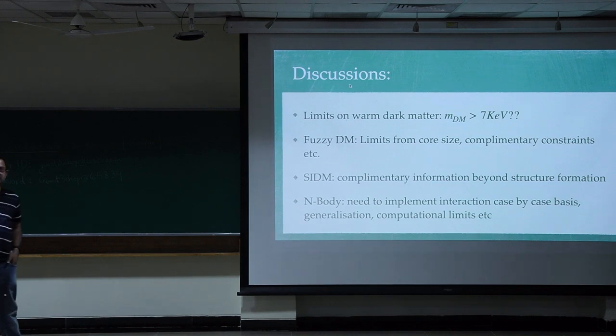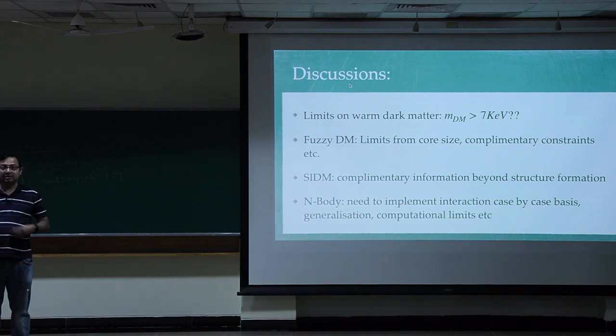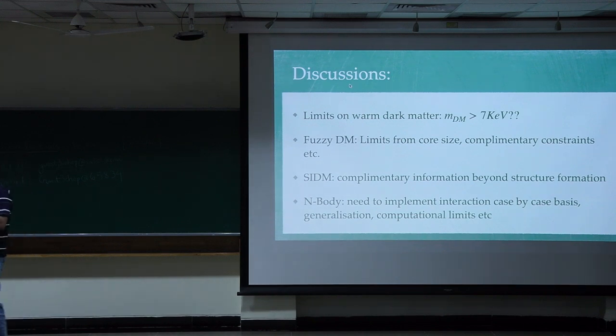Hi, I have one question regarding Debtosh's talk. You said there will be a structure enhancement on the high K values, and that we can see them in galaxy surveys. But these are very small length scales, and I don't think they will form galaxies. They will not form stars in them; they will be just dark matter halos. So are you saying they will be seen in galaxy surveys, or by lensing, or some other observation?